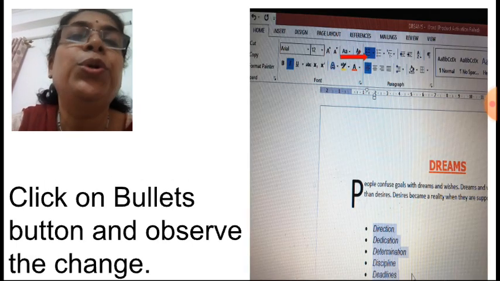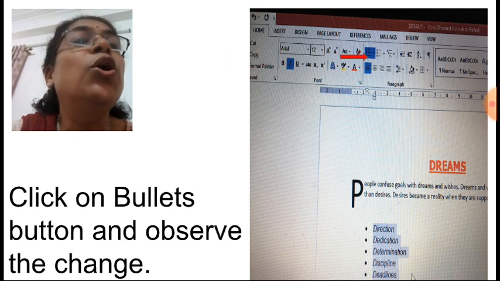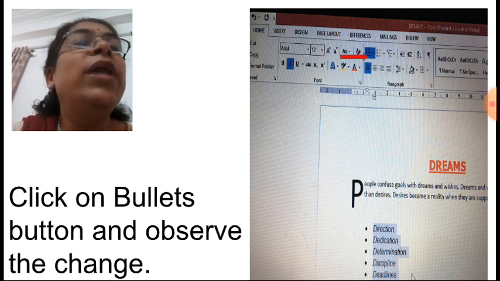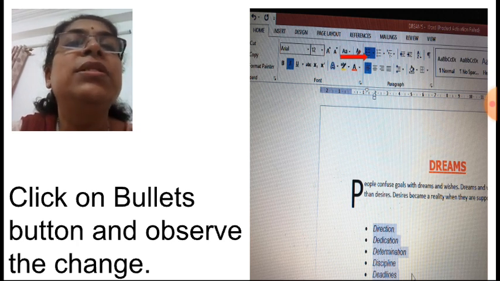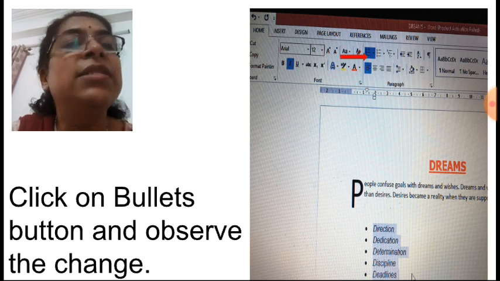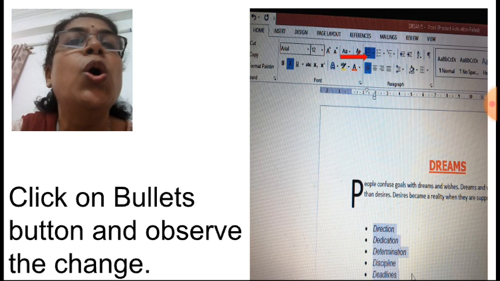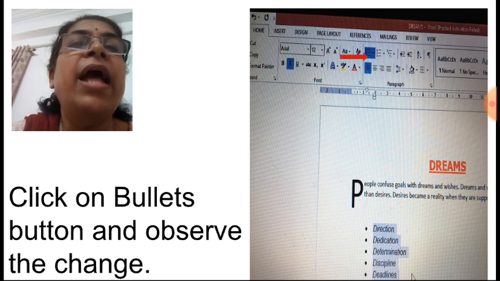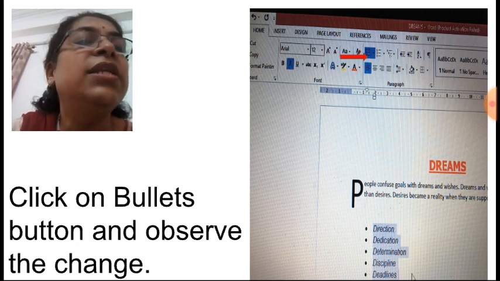After that, we want to give bullets for this. So click on the bullets option. The bullets option is available in the paragraph group. Now we want to give simple dots. See, the bullet icon is there, and beside that bullet icon, one downward arrow is there. But we are not clicking on the downward arrow. We are going to select the same bullets which is shown in the icon. So simply click on that icon, not the downward arrow. So those dots will get applied as bullets. Can you see on the screen?